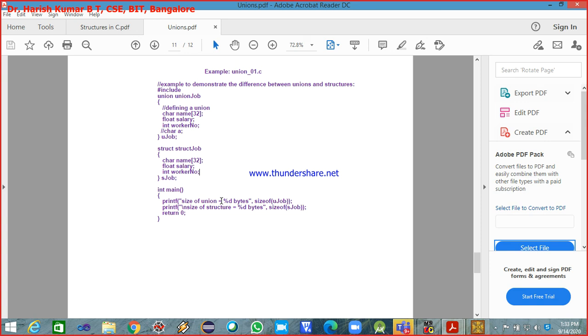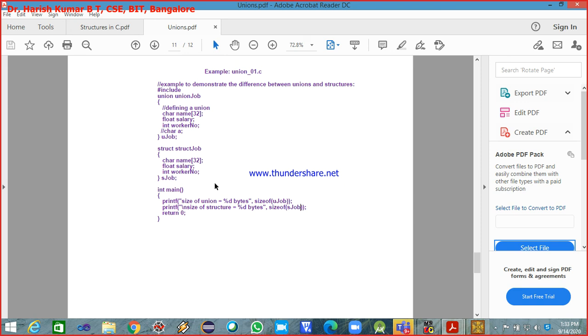So size of union is equal to, see, the sizeof operator we are applying on the union variable, and the same sizeof operator is being applied on the structure variable also. Now by looking into this example, you tell me what will be the size printed for the union and what will be the size printed for the structure.